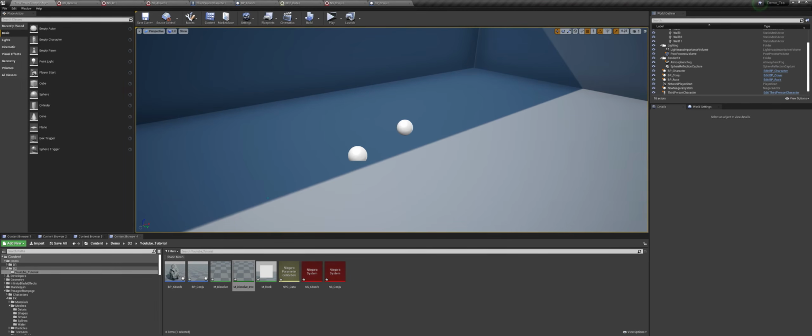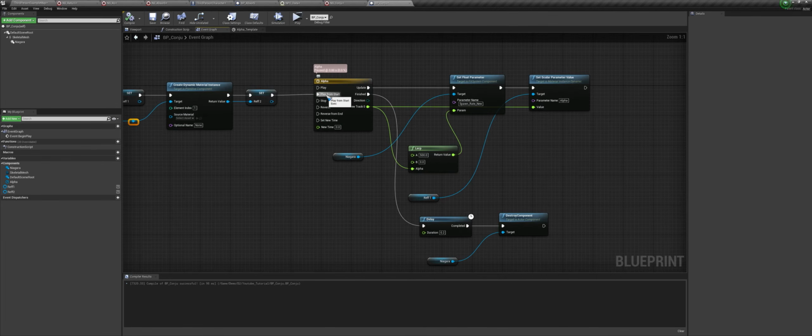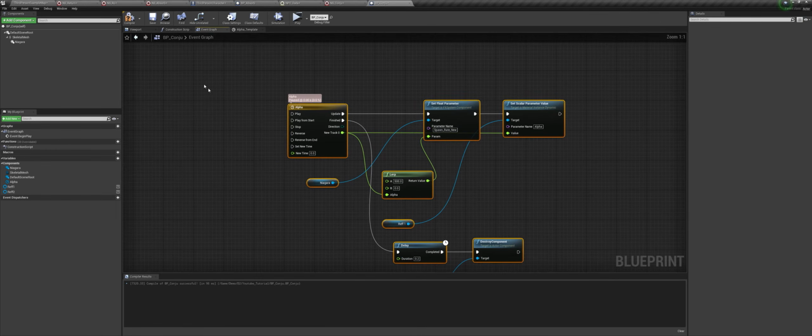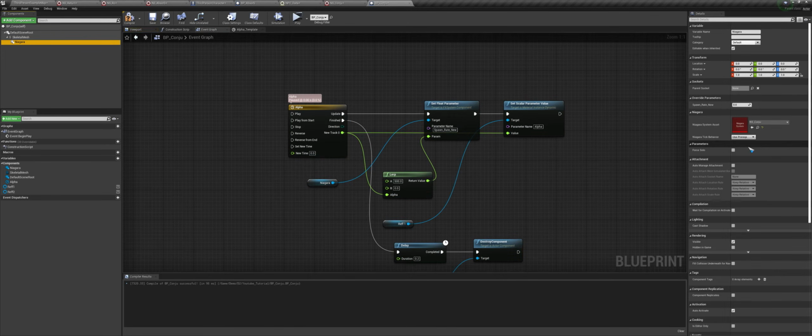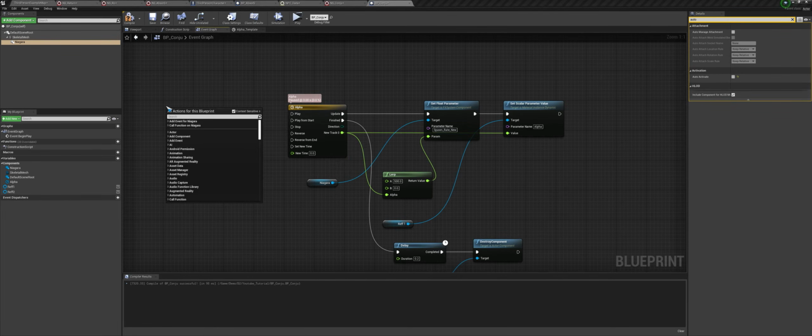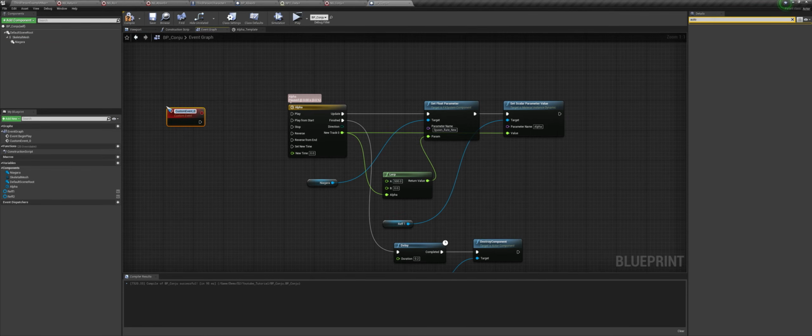Now we should put all of them together. So I will go to the conjuration blueprint again. I will disconnect this from here and I will bring it here, and here I will just go to here and type in auto activate. So this won't auto activate every time we place it in the world. So untick that